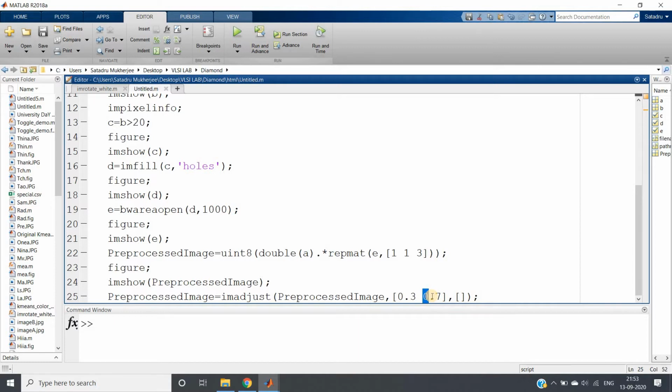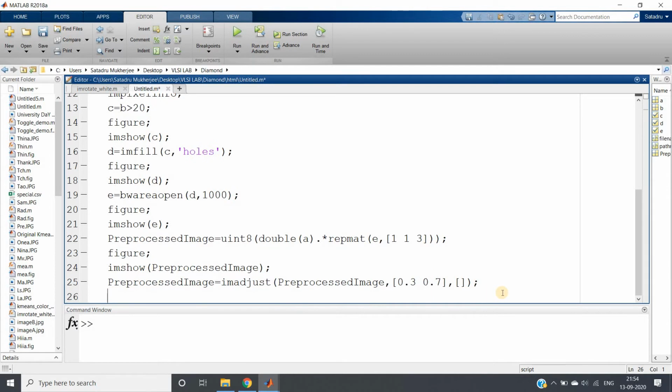So the input pixel range between 0.3 and 0.7 will be mapped to 0 to 1 in the output pixel range. Less than 0.3 in the input is considered 0 at the output, and more than 0.7 in the input is considered 1 at the output. This is how it will work.